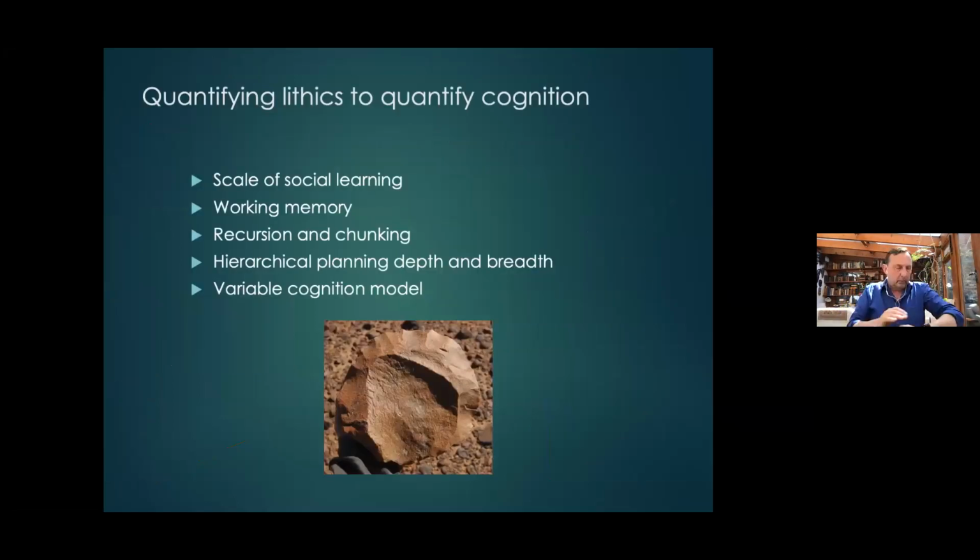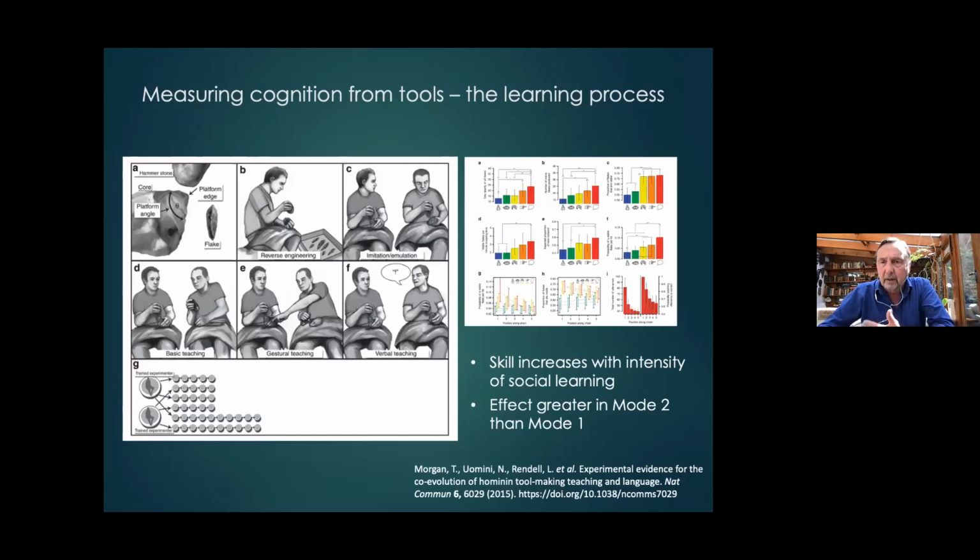But I think what I want to do just to finish off is to really introduce very briefly something that we need to do and think a bit more about, the cognition itself. So up till now, everything I've said is saying, well, somebody makes a stone tool, and it could be erectus, it could be habilis, it doesn't matter, and there is a kind of cognition involved in that without really thinking about what is involved in that cognition. So just in the same way as we rather lump the outcomes, we also tend to rather lump the cognitive processes. So again, Martha and I, in developing this variable cognition model, have been thinking about how we might